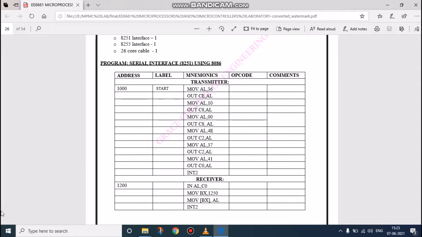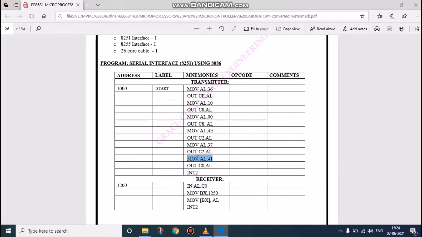initialize the port first. Okay, to initialize the port we are in need of these values. And by these values we can create the mode for setting the port in the 8251 or 8253 interface. Then this is also the port initialization only. Now after that we have to move this 4E, this also control word, and this is the port initialization value.